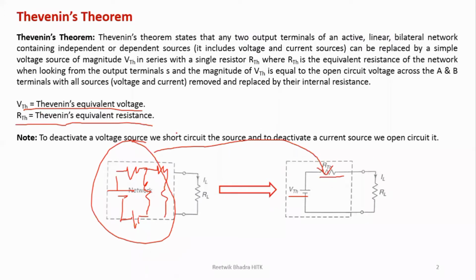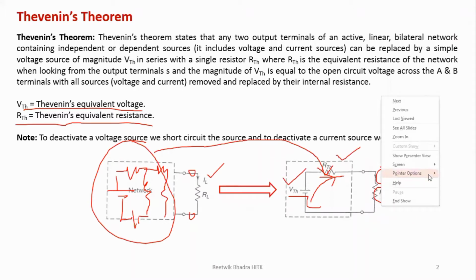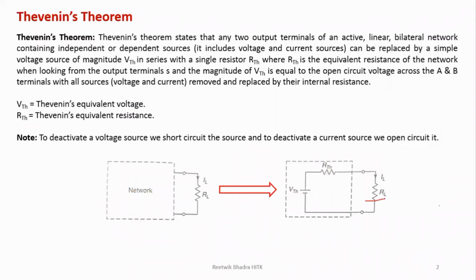After solving this whole circuit, we have got this voltage and resistance, then we'll add the remaining portion which is left, the load resistance. We'll add it and just apply Ohm's law over here. So V by R, VTH by RTH plus RL, that will give you your IL, which is nothing but the current through RL. I was told to find the current through RL. So what I did is, apart from the load resistance, I solved the whole network and reduced it into one voltage source and one resistance, and then added at last the load resistance and found out the current. This is the simple logic over here.